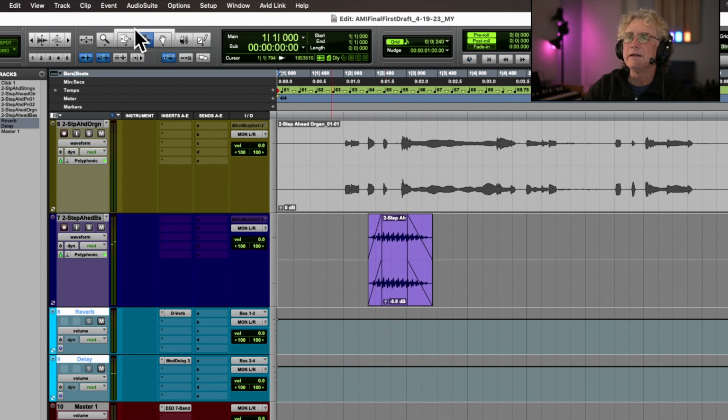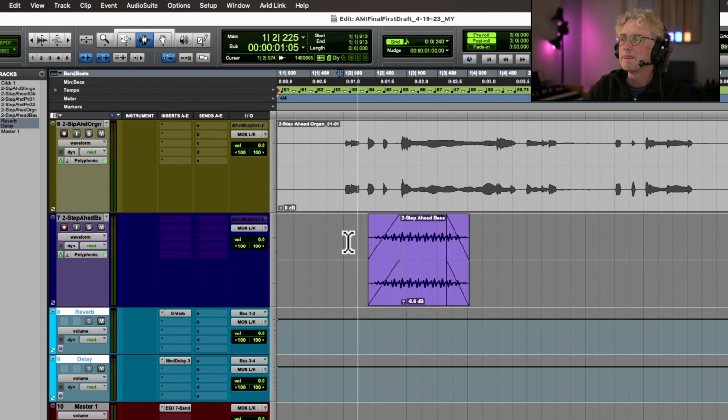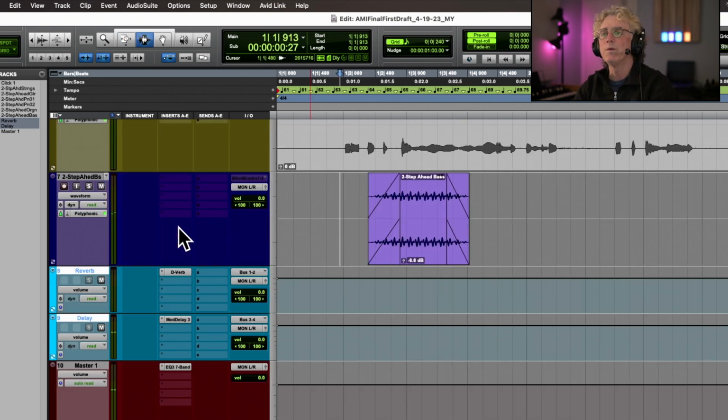Softer, and have it fade in a little bit longer. That should be a little bit longer still. Okay, so now what we can also do